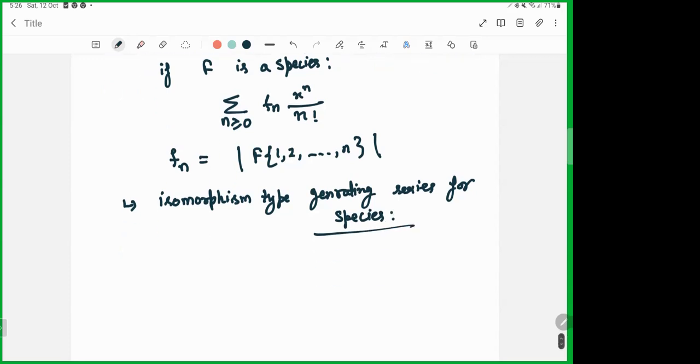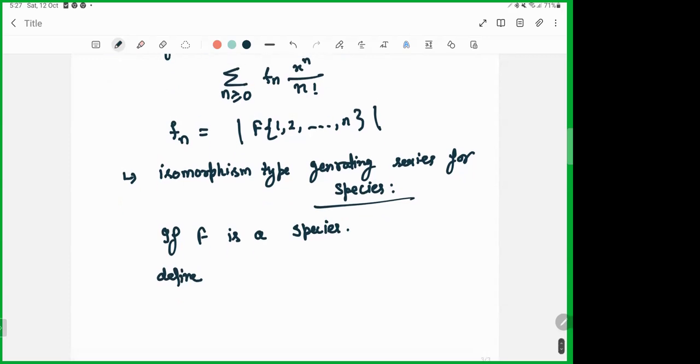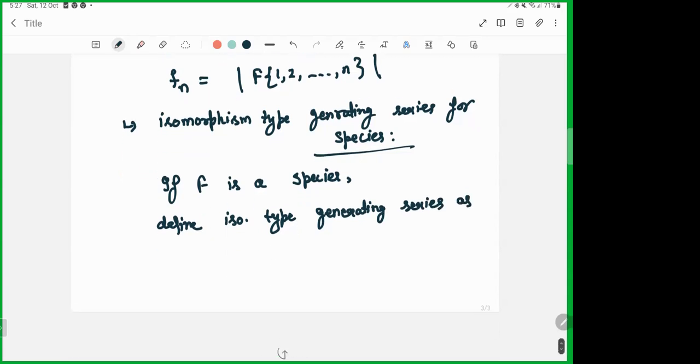Yes. So if F is a species, define the isomorphism type generating series as